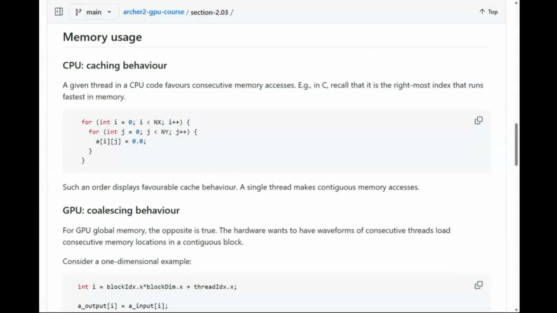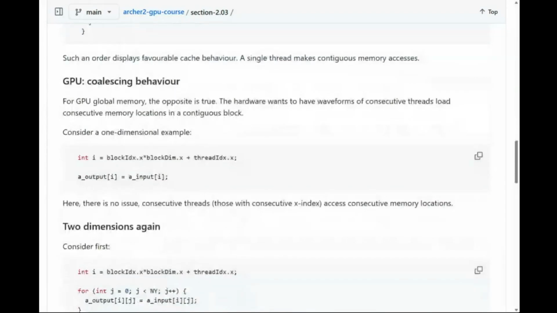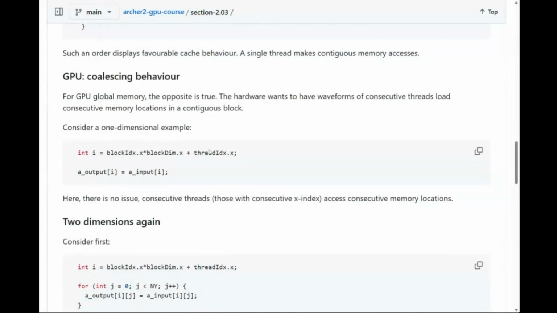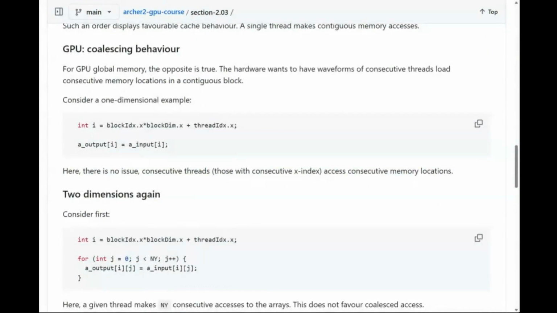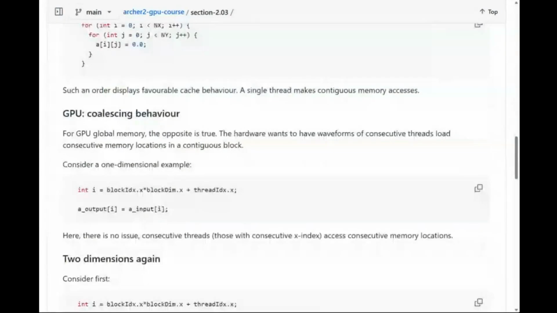This is an advanced concept. I'm not sure if you are familiar with the performance of memory accesses. For GPUs, the way of accessing memory is quite different. Rather than accessing an element one by one, as is done on a CPU, you will